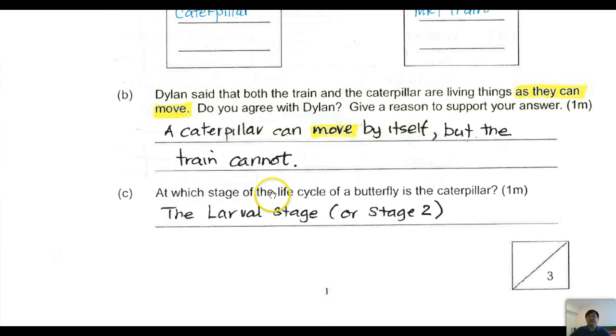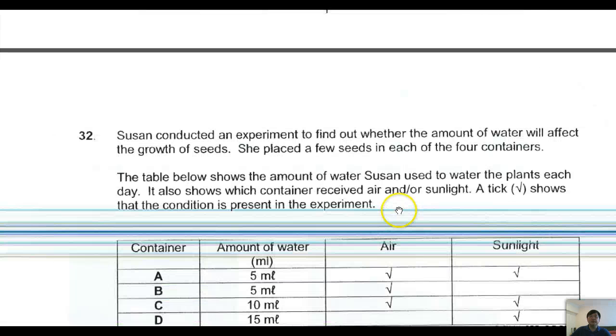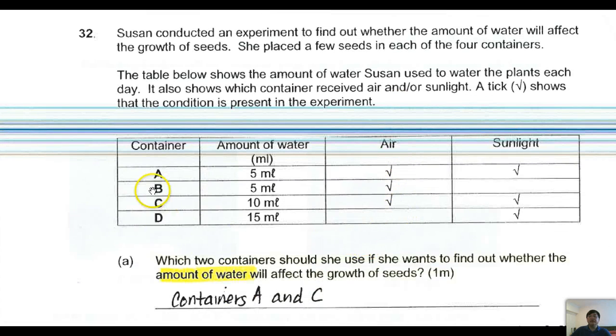Next, at which stage of the life cycle of a butterfly is the caterpillar? The larval stage or at stage 2? Now over here, there are some containers A, B, C, D. You can watch this amount of water. These two are 5 ml, these two, this is 10 and this is 15. Alright, so which two containers should she use if she wants to find out whether the amount of water will affect the growth? So when we're talking about the amount of water, then other things must be the same except